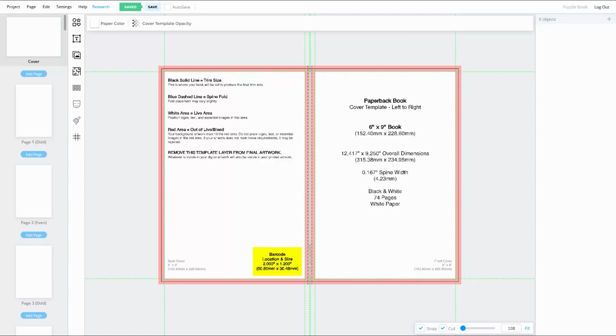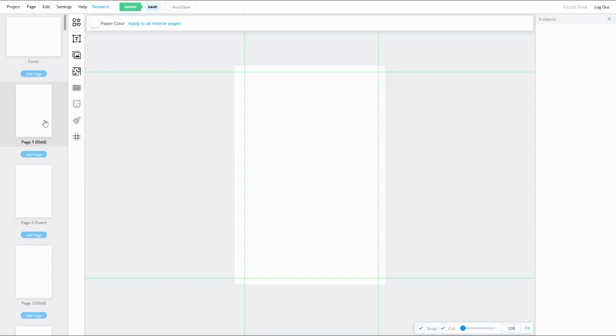Okay, so I'm going to create the book cover last because I want to use some of the interior content on my cover. So I need to create the interior pages first. As I said just a minute ago, the first page of my book will be the cover page, or it could be a This Book Belongs To page. It's your choice. And my second page is going to be the copyright page where I list all of my contact info like author page URL, as well as the copyright info and the ISBN number of the book. So for that reason, I'm just going to skip these first 2 pages